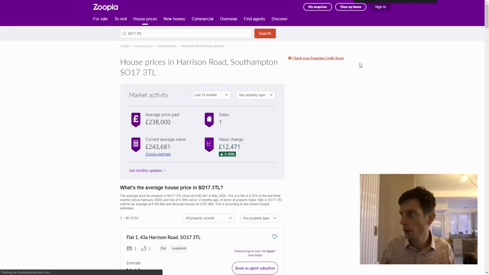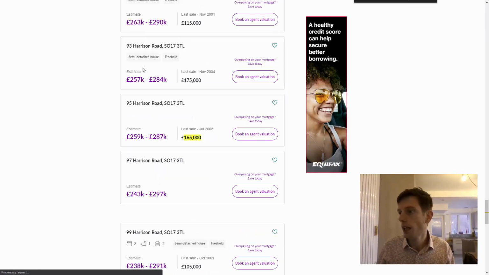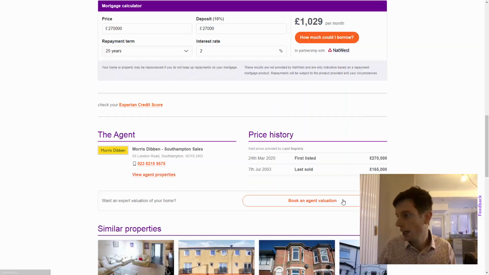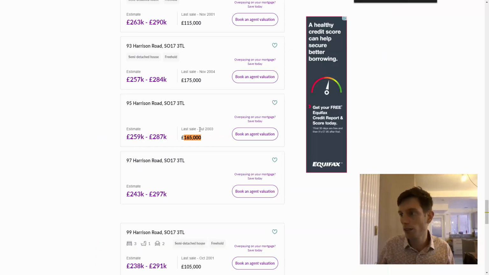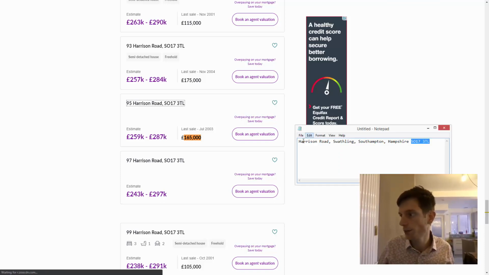165 to find the property. And then if there's a match, it'll turn around and highlight the match and show it's there. And then we're just looking at July 2003. And here we're looking to see that it says July 2003. So what you can also do to confirm that this is the correct address, 95 Harrison Road,